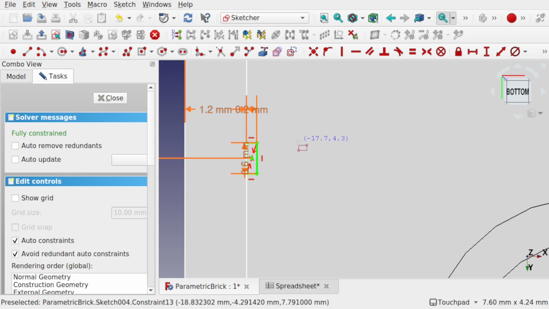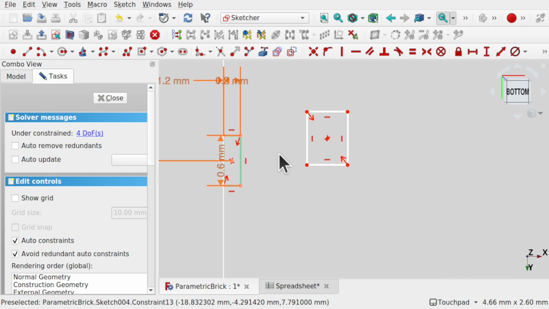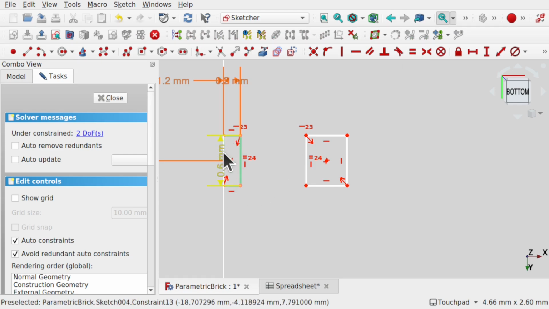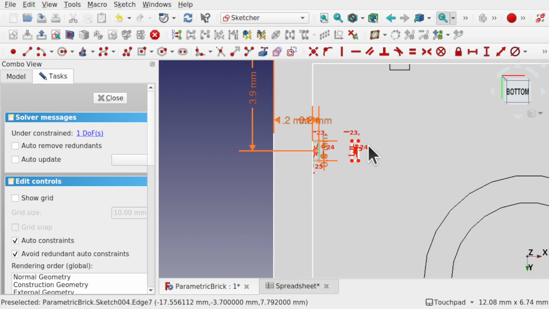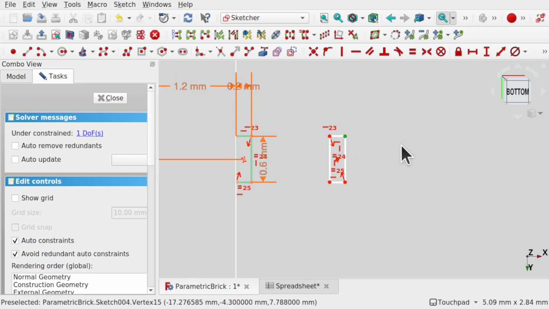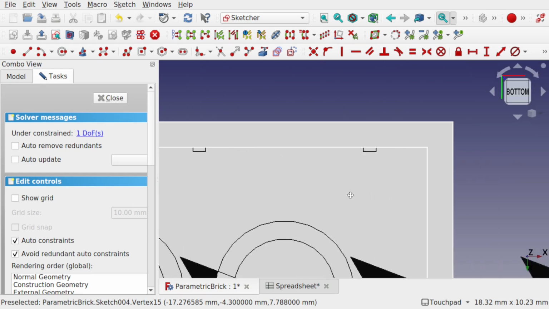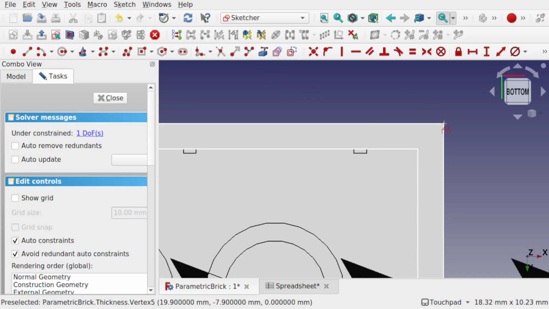So another centered rectangle, and this is going to be on the other side, so over here. And it's going to be the mirror of this. So I'm going to take this point and this point to keep them in line, and take this edge and this edge, place those equal, and also we need the length as well. So let's take this edge and this edge, make those equal. Cuts down on the data constraints. And we just take this point and come over to the other side, and we need to import the top right point now. So we've got those there,